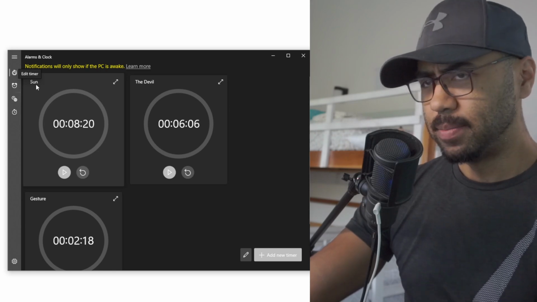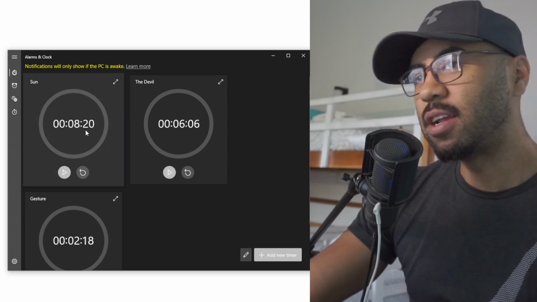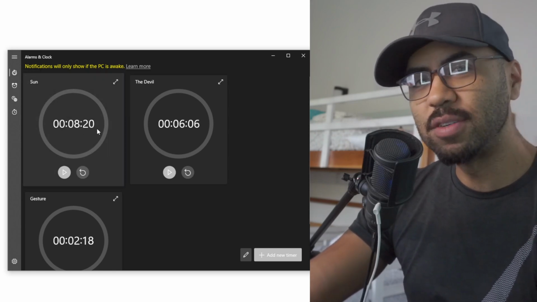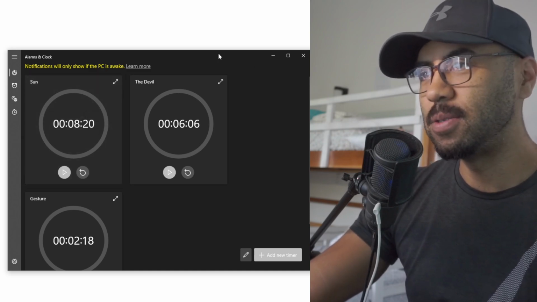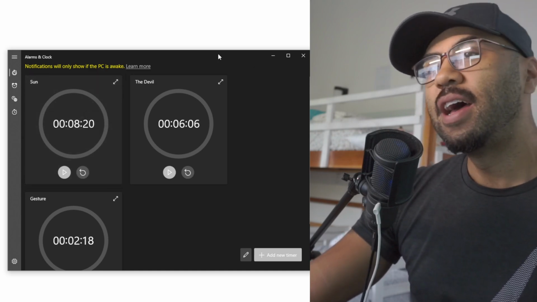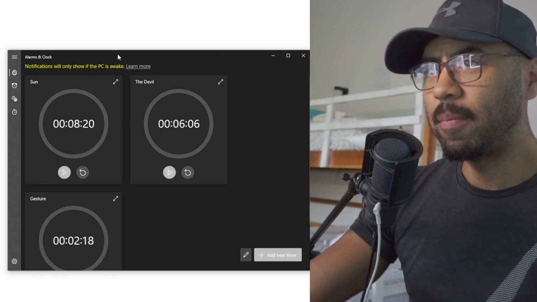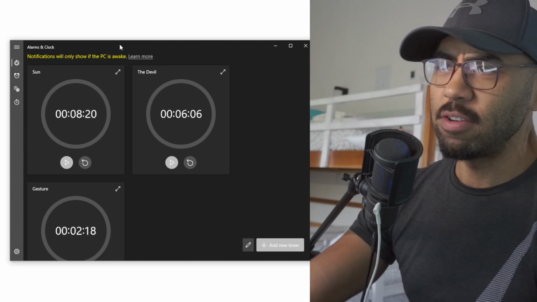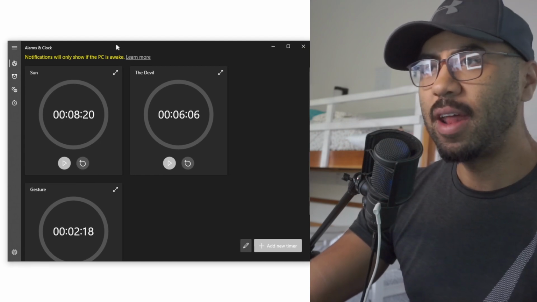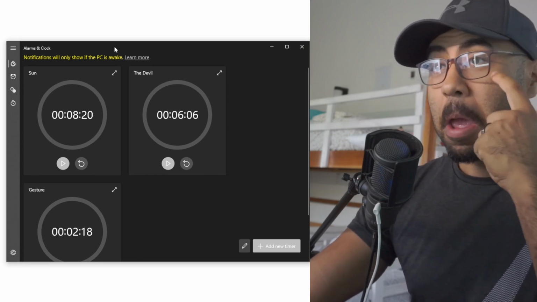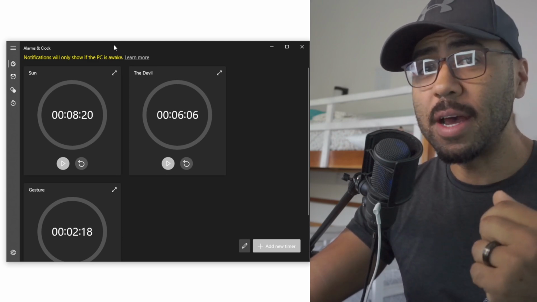And I named this one the sun because that's how long light generally takes to travel from the Earth to the sun. And I think that's a cool concept. It's a little bit longer, which gives me a little more time to paint and a little more time to make something. So I'm going to do that.